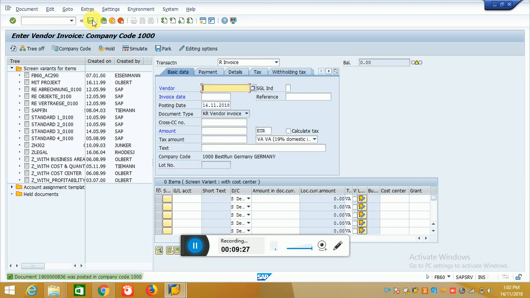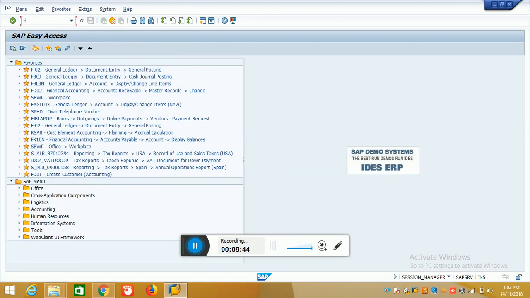GL account would be the same, 417,000, but this time it would be credit. Last time purchase was debited, this time purchase will be credited. Amount would be 1000.